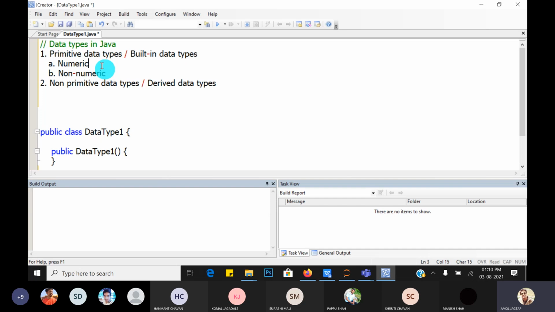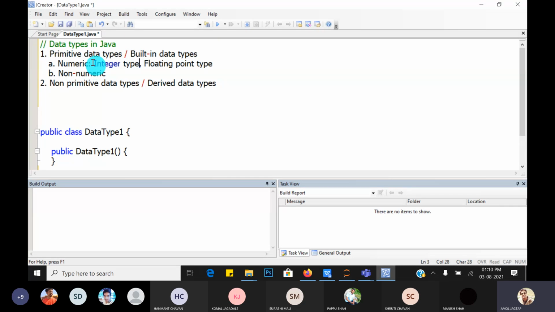So which are the numeric data types? Yes, we are familiar with that. There are basically two numeric data types, that is integer type, and second one is called the floating point type. So these are the two data types in Java.